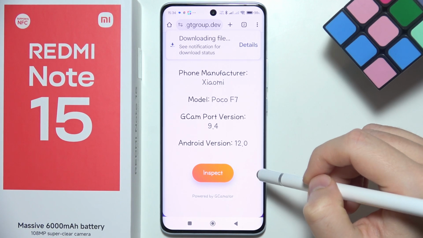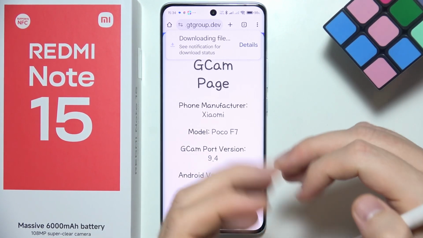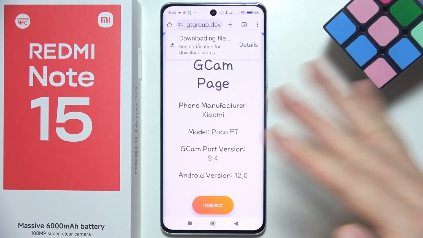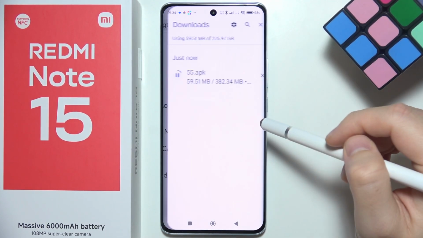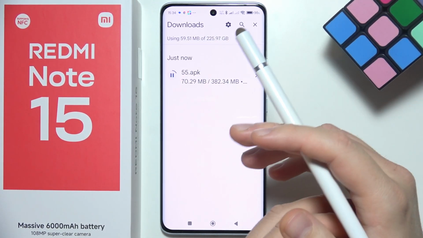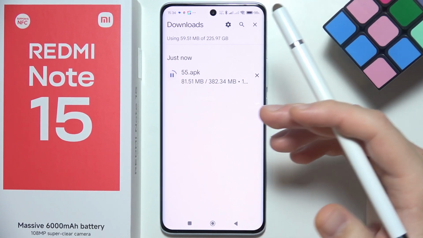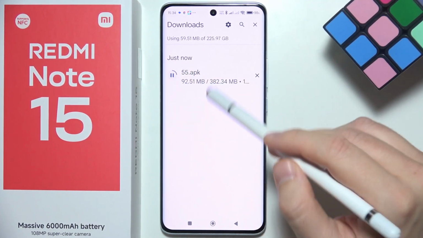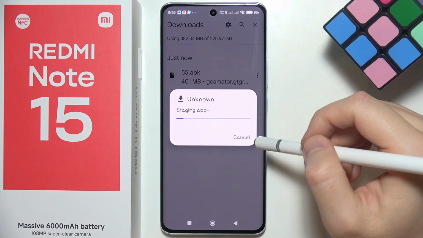We have to click to download anyway. If there will be any issue with this specific port, you can download any other, don't worry. For example, from the Redmi Note 14. Now as you can see, it's downloading, so we have to wait. So now we have to click on that file,